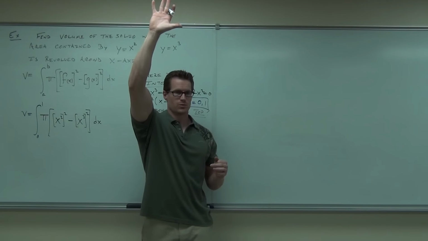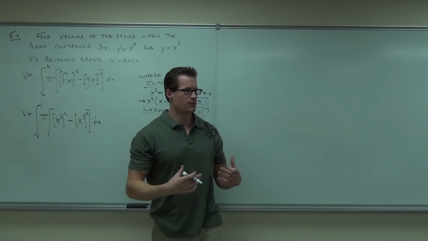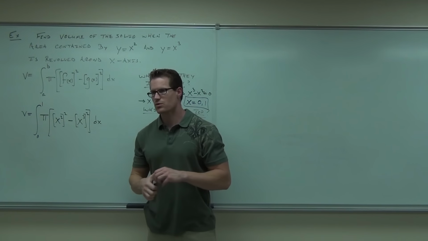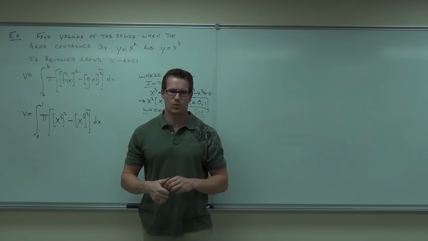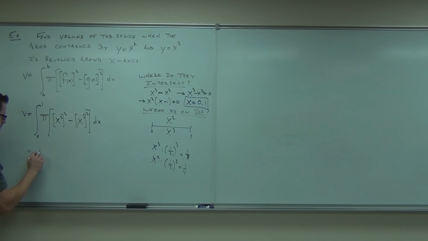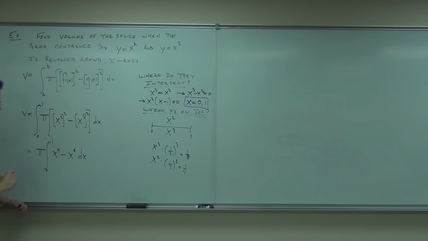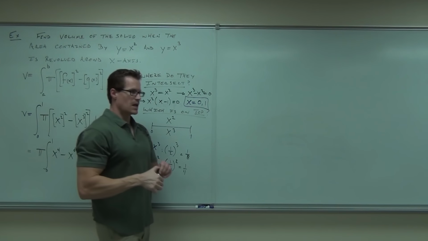Raise your hand, feel okay with doing all this so far? Not bad. Do you see how similar it is to finding the area? Very, very similar. Can you do the integral? Sure. What are you going to do first? Simplify. Probably pull the pi out. Square this, you're going to get x to the 4th. Square this, you're going to get x to the 6th. Perfect. Now when we do the integral,